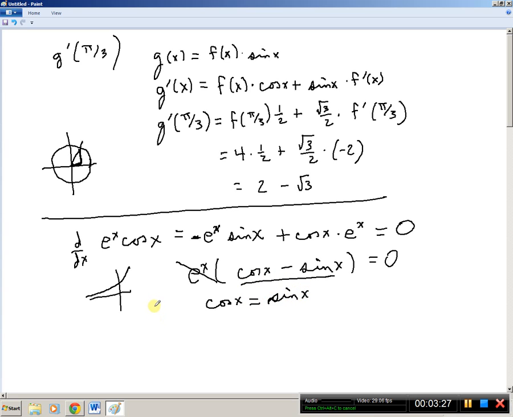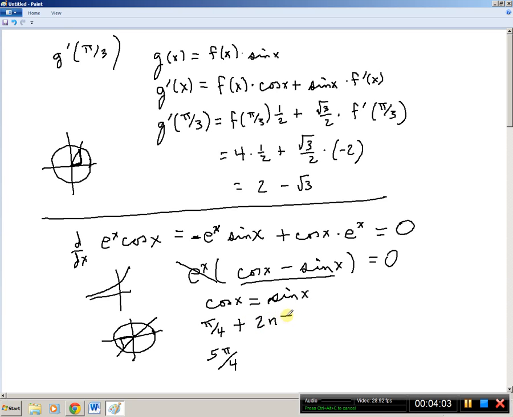So where is cosine of x equal to sine of x? Again, if we turn to the unit circle, we can tell pretty easily that the sine and cosine are equal at a 45-degree angle, and way down here in the third quadrant, because there we've got a sine and cosine that are both negative. So our answers are going to be basically pi over 4, that puts us in the first quadrant, and 5 pi over 4, which puts us in the third quadrant. So those would be our basic answers, and then if you take and add on any multiple of 2 pi,